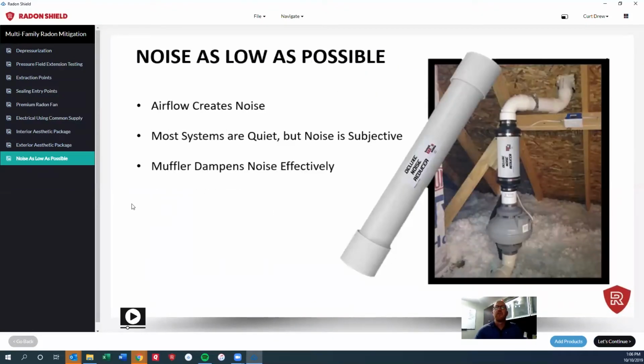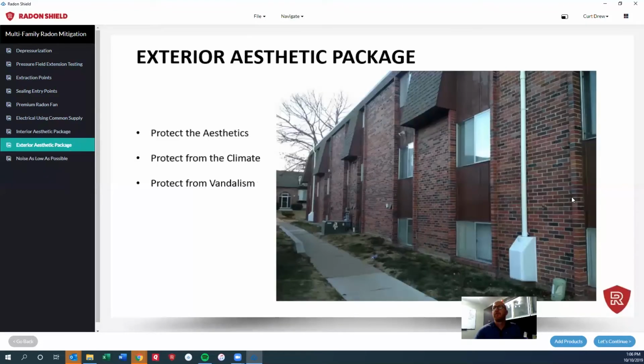You notice the exterior slide actually has a picture of an apartment complex with covers on it so they can see how that might look if that's what's going on. And again, you might not be presenting to this property manager or building owner. You might just be creating a proposal, which is great. So we go in to add the products, and here we